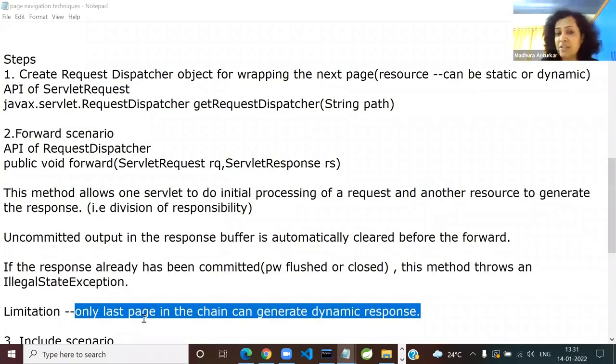I have not committed the response. Will it be retained or will it be ignored? Retained or discarded, ignored, gone, discarded. But additionally, if you commit the response in S1 or S2, 100% you'll get IllegalStateException. So the last page in the chain is going to actually generate the response and send it back to the client. Okay, so now I'm taking a very small portion of the case study to explain CP versus SP,